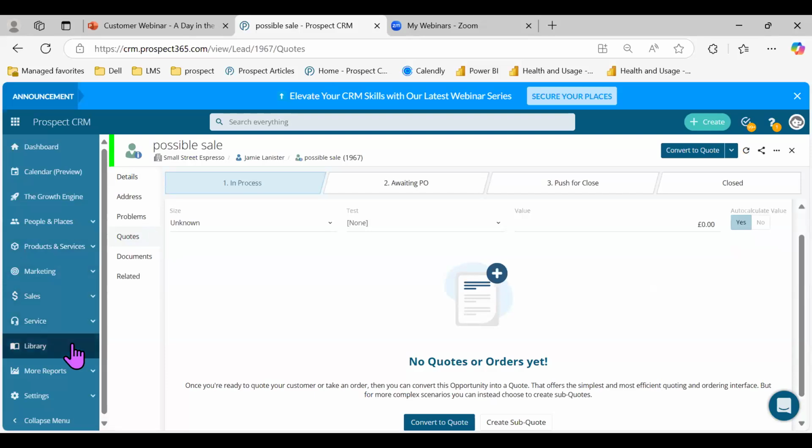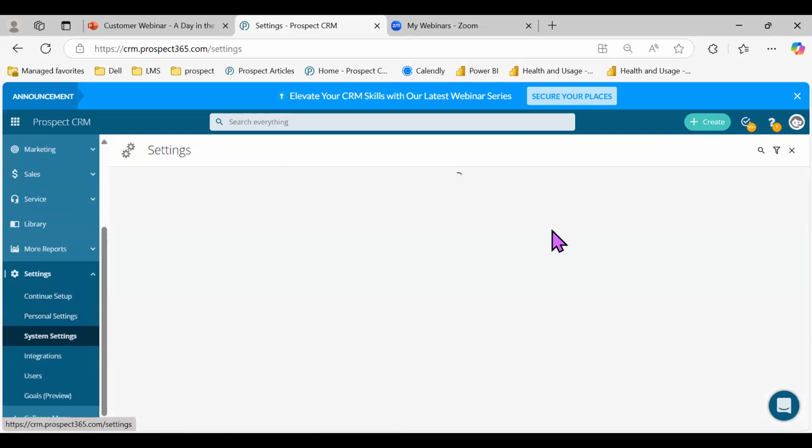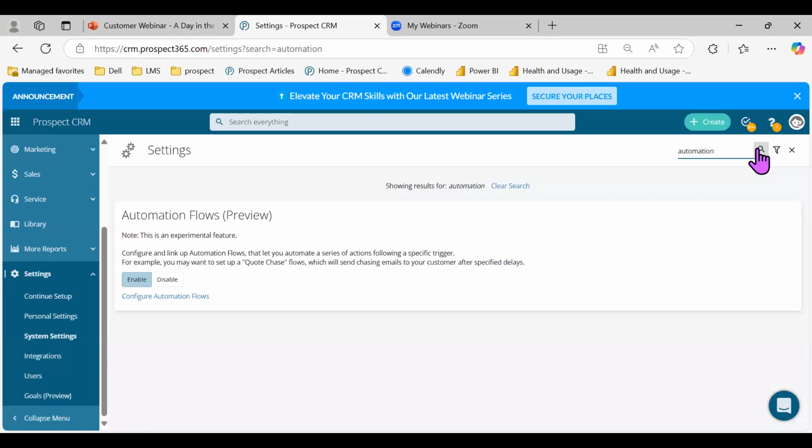So first of all, you need to go to system settings, and you need to type the word automation. There's a criterion for setting this up: you need CRM admin rights. All you have to do is go to system settings like I just showed you and type in automation. You need to have this automation flow enabled. After you click enable, go here, click configure